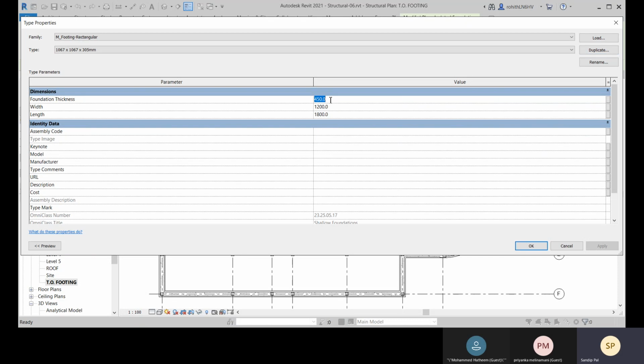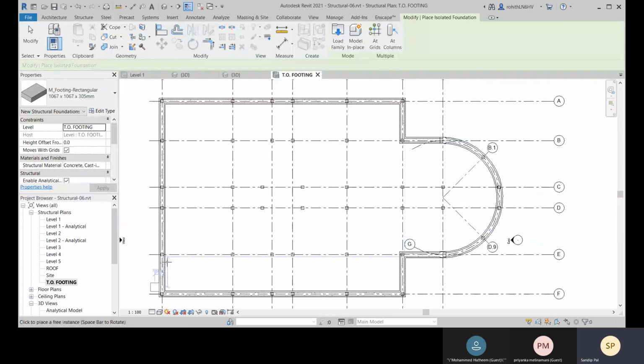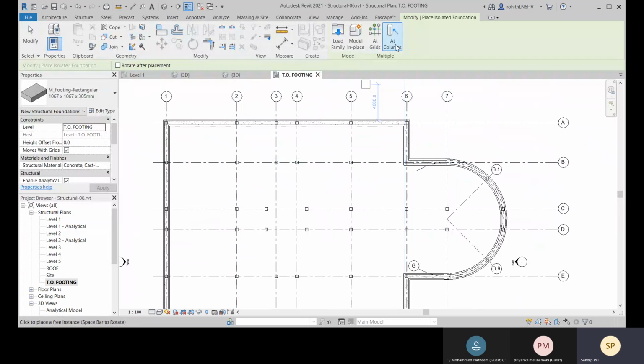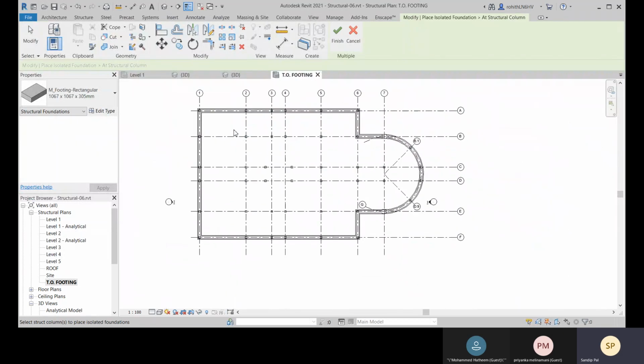Okay, and here it will be 305, 1067 and 1, and click on OK, and that will be placing. So you can place at columns, so you just choose your columns there.